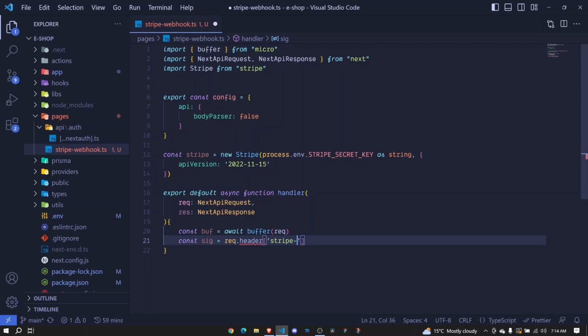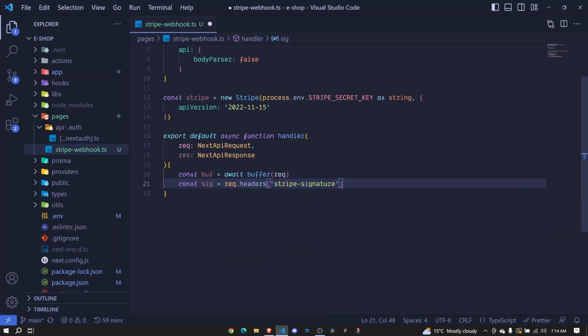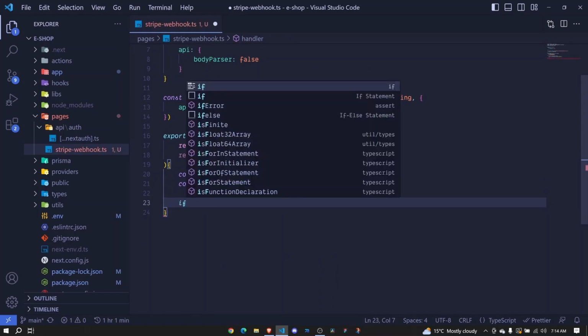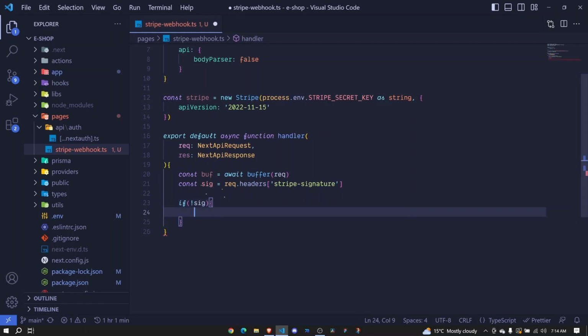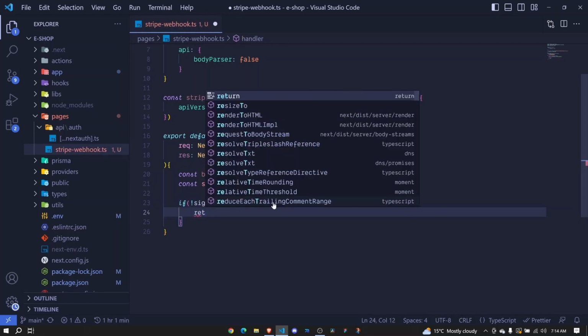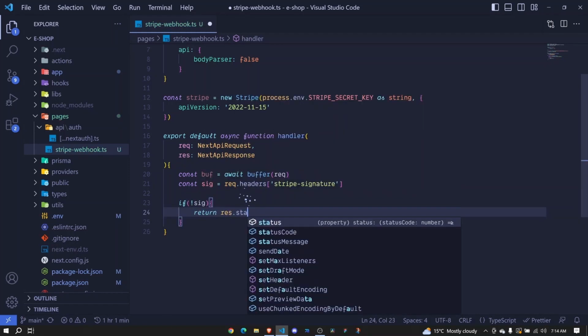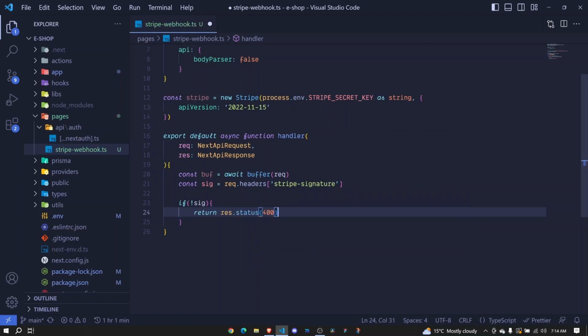And the request to this API will be made by Stripe automatically whenever a payment has been made or an event has occurred. So we'll be able to call and do all this. So we get the signature like that. Now let's make sure that we have this signature. If we don't have the signature, we will come right here and return response dot status 400, and say dot send missing the